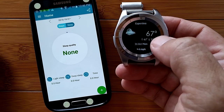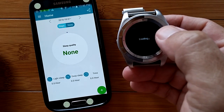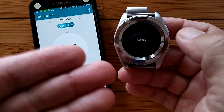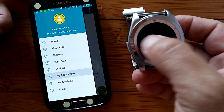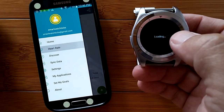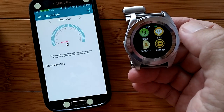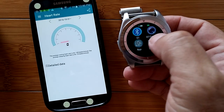So once you have it set up, and there we go, 67 degrees in Cupertino. It's a quick timeout on this. Now it's having to load it again. But it's there, and it's tethered, and you got the temperature information. I've got to keep touching this. If you go into heart rate, it will show you what your heart rate monitor information is from the watch, which we get to